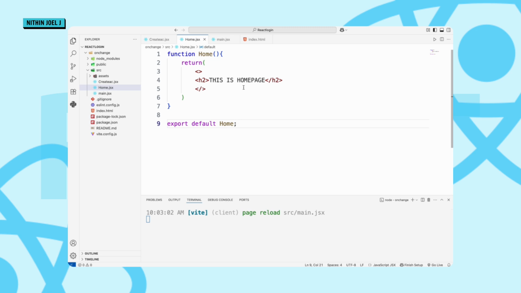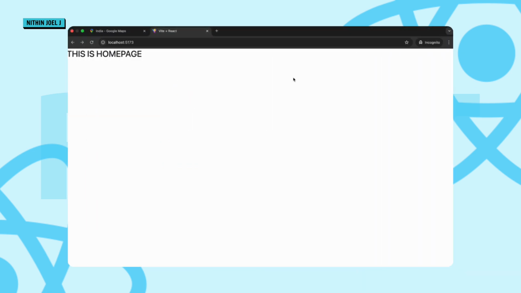But here we should not use the anchor tag. I'll explain why, and let me show what happens if we use the anchor tag and what happens if we don't. As a first step, I'll just use the anchor tag and give slash sign up. So now if we go and check our page,